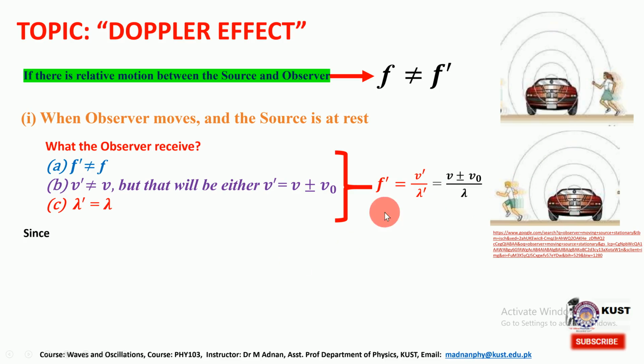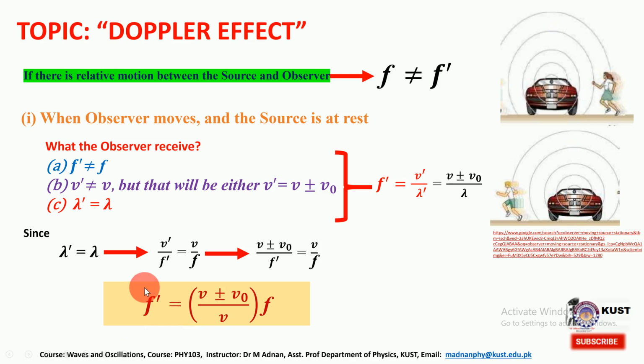If we want to calculate how much the frequency is shifted, we need to find this frequency in terms of the source frequency. For that we start with the expression given in point C, that the two lambdas are equal. By definition, lambda prime will be equal to v prime over f prime, and that is equal to lambda, which is v over f. So if we put the value of v prime from the second bullet, that is v plus v naught or v minus v naught for these two cases, and now cross multiply this term,